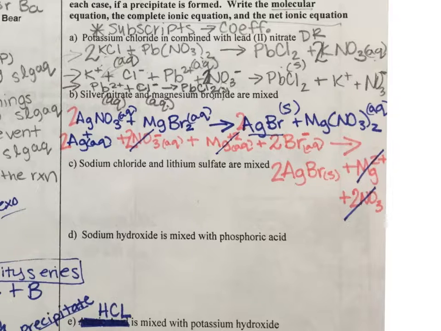Okay, so just to review over the net ionic equations, as you can see for letter B, for your silver nitrate and magnesium bromide being mixed, we wrote our molecular equation first, okay? And if you didn't get it, you can copy it later if you need to. So just remember for your total molecular, you put things together already the way you learned in pre-AP year. You want to always make sure you balance it, and you want to have your states of matter on there. Then we expanded it out for your